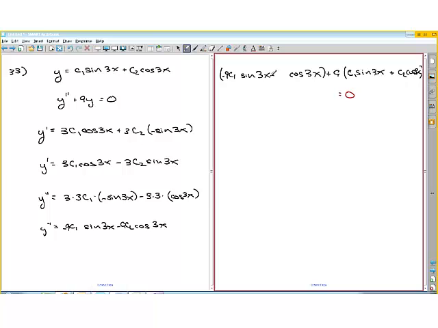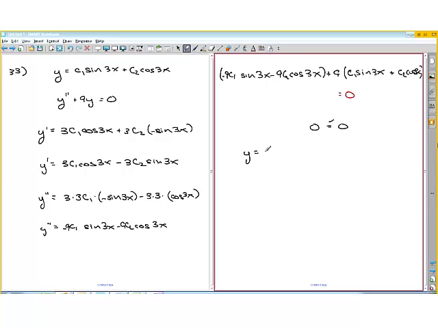I knew I messed up because things weren't canceling out. So you get a negative 9 C1 sine of 3x plus 9 C1 sine of 3x. So this cancels out with that, and the same way with the second term. Because these are equal to each other except in the negative, the left-hand side becomes 0, and because the equality is satisfied,